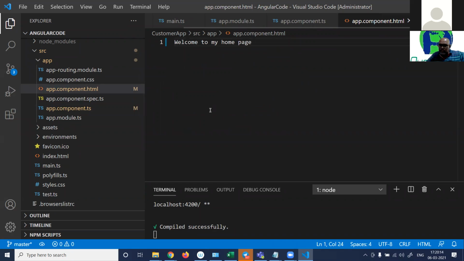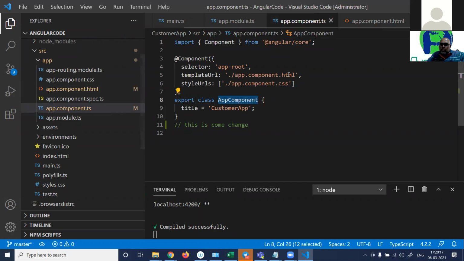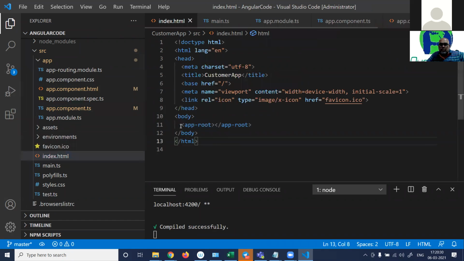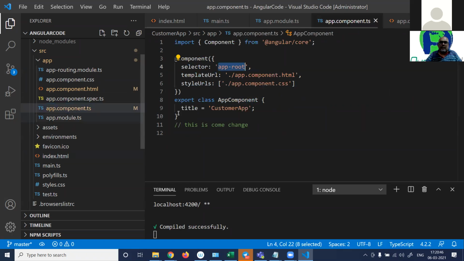Currently, we don't have anything in this UI, but this component will get connected to that UI. It has to take this UI. We don't have a model now. It has to bind everything and load this into app root. And this app root is present out here. I just ran you through some very important code points: index, main TS, component, template URL, and selector.